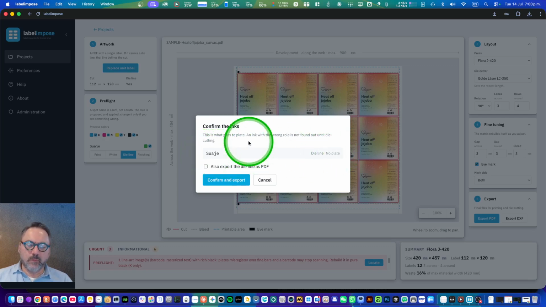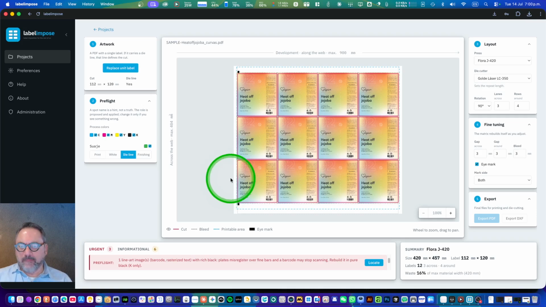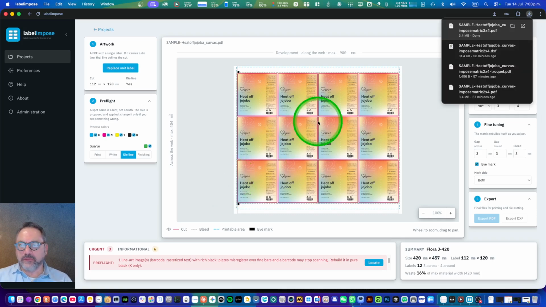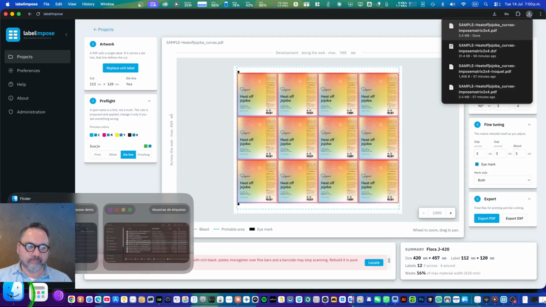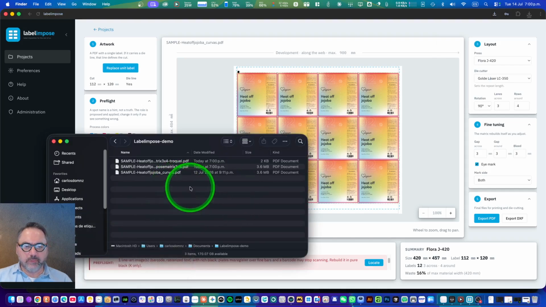So if there were more spot colors, it would say what kind of role we define for each color, and also ask us if we want to export the die line as PDF, and we're gonna do it in order for you to see what happens after exporting. So it's gonna calculate, and it's gonna do the exporting, and we can see it here.